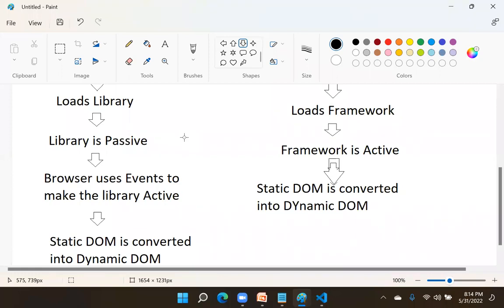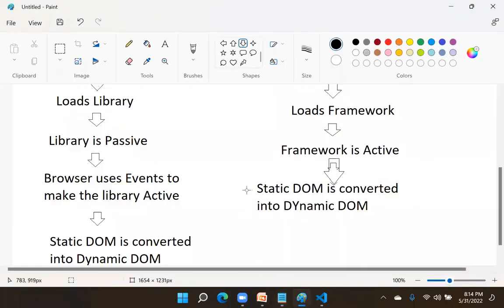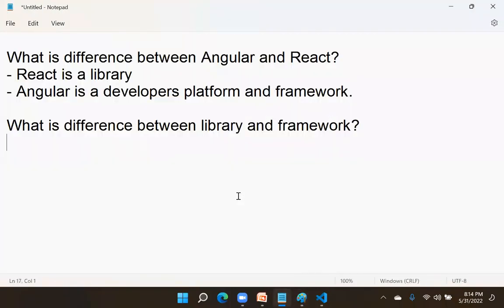But that is the difference between library and framework. This diagram I will give to you. I will upload this diagram to you. I will share the online classroom code at the end of the session. You can join that class so that you will get the notes of detailed everyday topics. Okay. But here I hope everyone understood the difference. Got clarity, right? So what is the difference between library and framework?